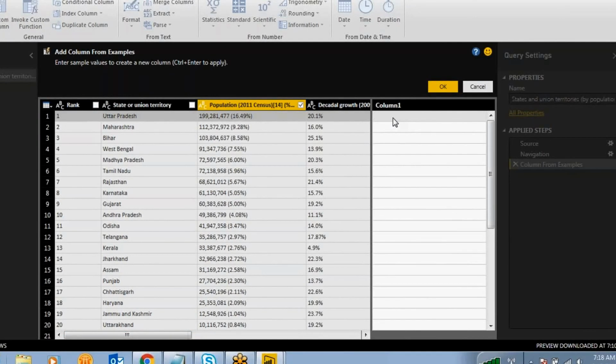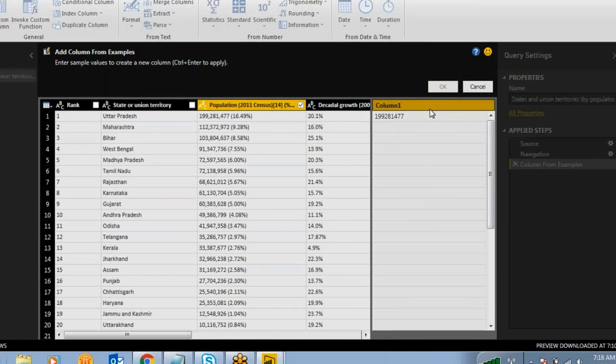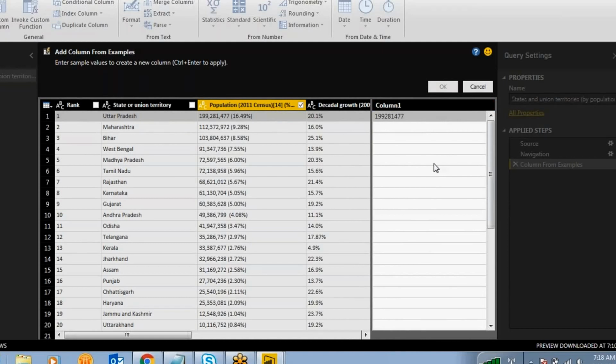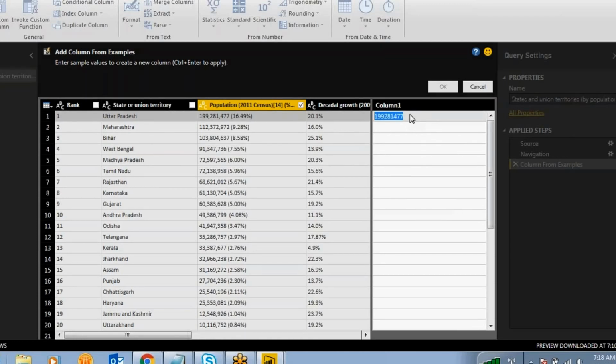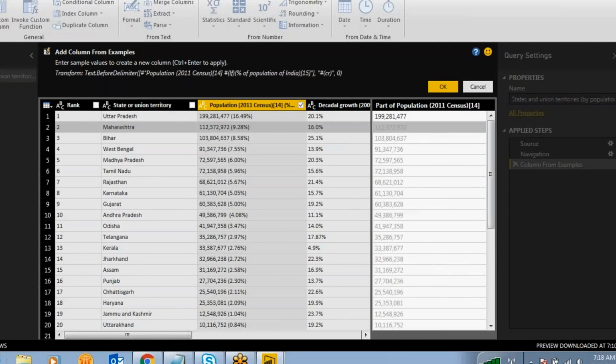Some sample value, 199,281,477. 199 comma 281 comma 477.